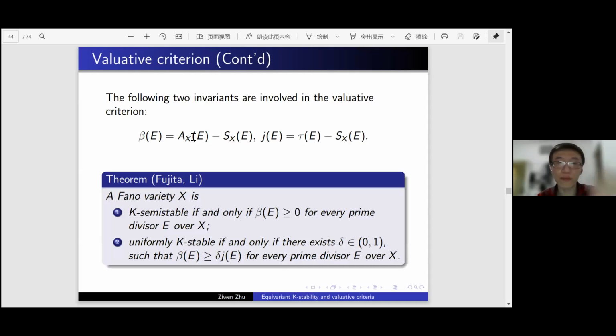Okay, so now let me state the valuative criterion. This is a result developed by Fujita and Li separately. So a Fano variety X is K-semistable if and only if the beta invariant